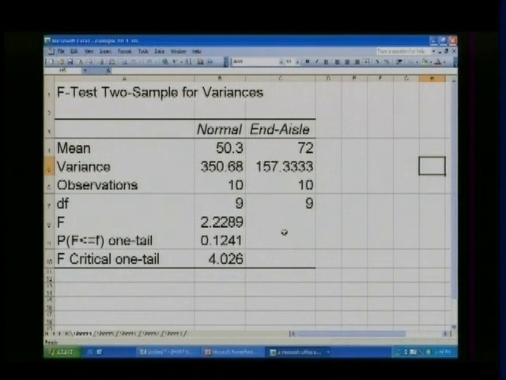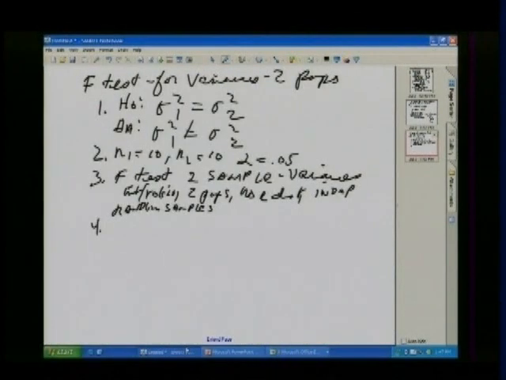Okay, the computer says, and I'm looking for step 4 now, so I'm looking at the critical one-tail value for F, which is 4.026. That's what the computer gave me, 4.026. The computer will give me the right value there as long as I remember to divide my alpha level by 2. Otherwise, it'll give me the wrong value there, because this is the one-tailed area, 4.026. Okay, so we'll go back to our smartboard, and we will say